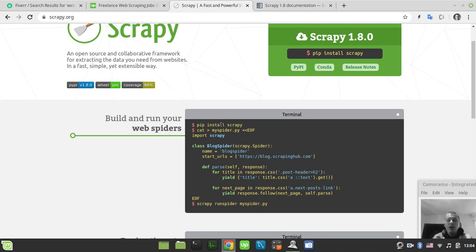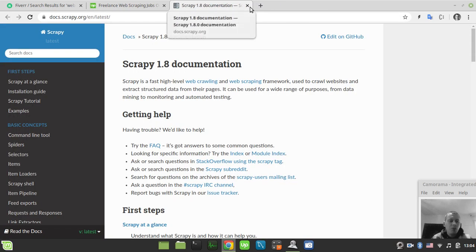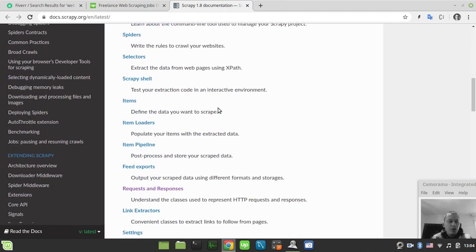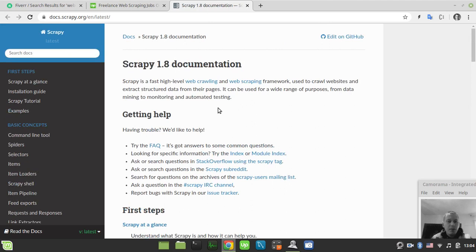Let me quickly demonstrate what parts Scrapy consists of. All this information can be extracted from the documentation, but I'll try to keep things simple. Scrapy consists of numerous middlewares. The first and very basic is a core element, and that core element manages middlewares around it. The very first and basic middleware for Scrapy is the downloader middleware.